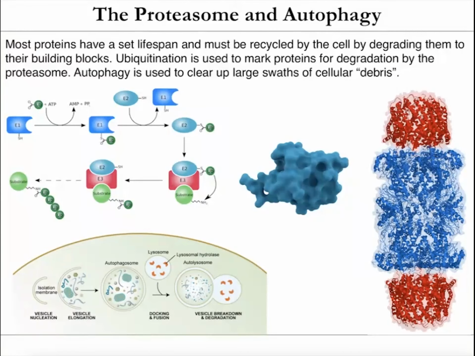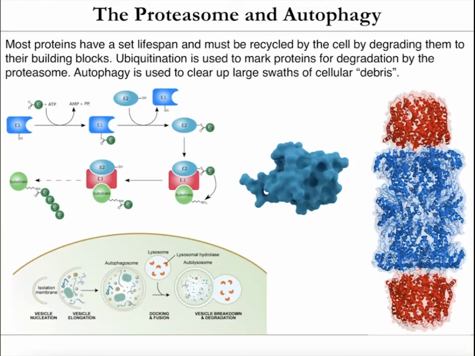So now some other processes that are really important to cells involve the proteasome and autophagy. And so these are processes where basically, the proteins in your cells have a set lifespan. So there are some proteins in the lenses of your eye that were basically there when you were born, but all the other proteins in your body and a lot of the cells as well have a set lifespan. So they don't exist forever. If they did, the cell would be all clouded up. There could be problems with them and stuff like that.